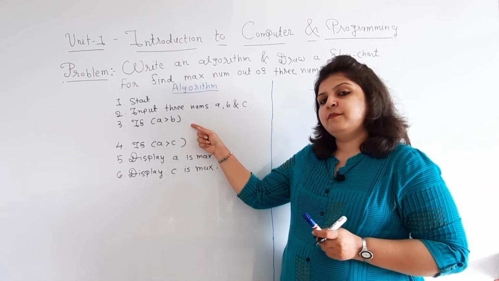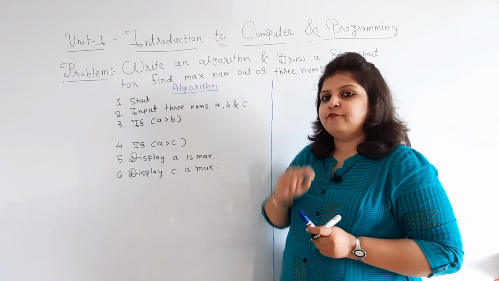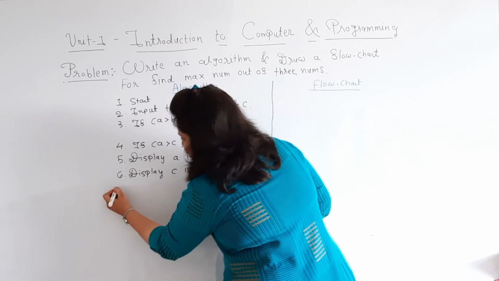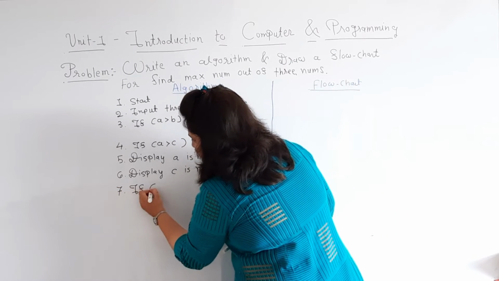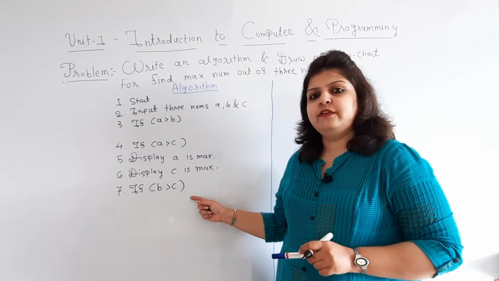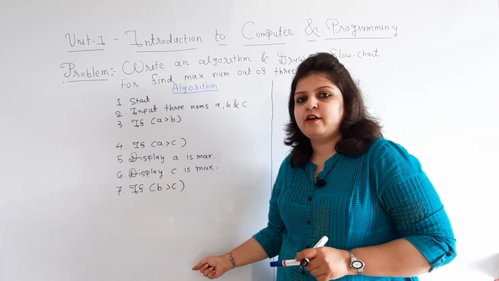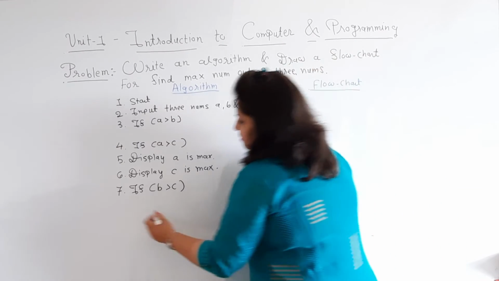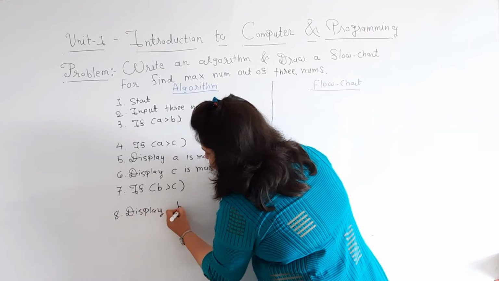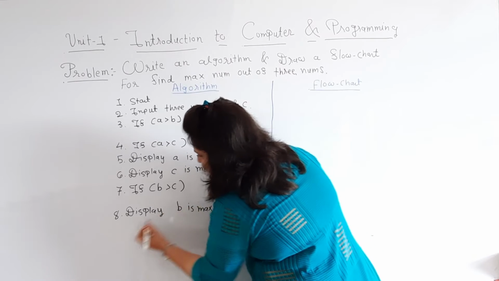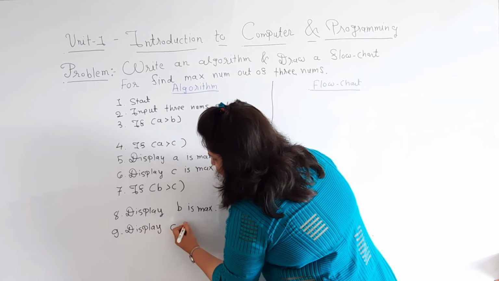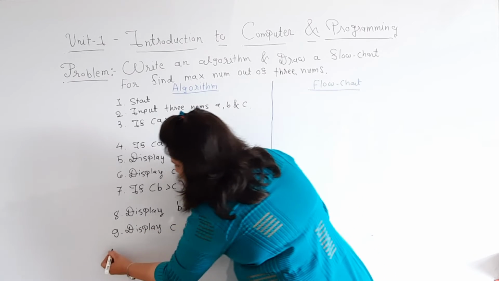If this condition is false, then in the false part we have to check another condition, and that is B greater than C. So write the condition that if B greater than C, and if this condition is true, then B is max, and false, then C is max. So statement number 8 is display B is max, and statement number 9 is display C is max, and at last